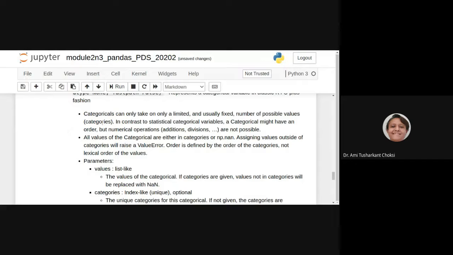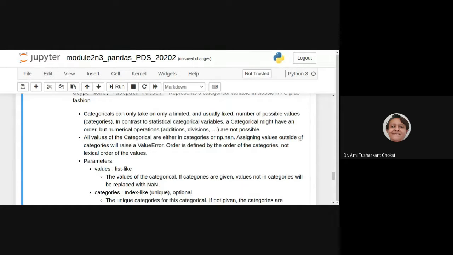Categoricals can take on only a limited and usually fixed number of possible values. They are the categories. In contrast to statistical categorical variables, a categorical might have an order, but numerical operations are not possible. All values of the categorical are either in categories or np.nan, that is, not available number, right?